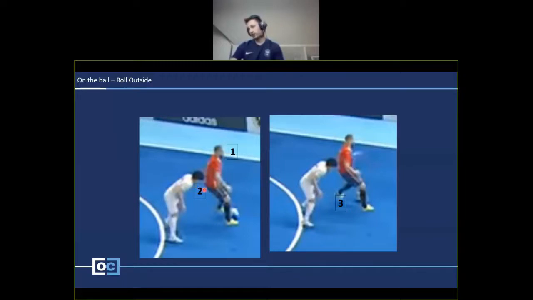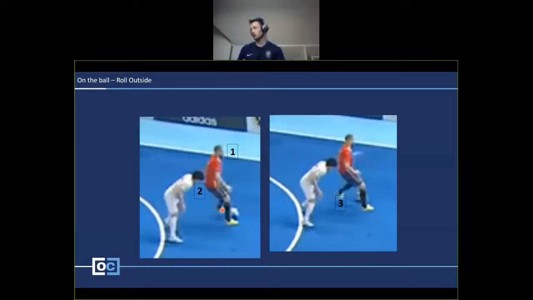Again, he's got the defender sort of guessing. He can see the ball a bit more clearly now, but the ball is further away. He's got the player and a leg, essentially two legs, between the ball and the defender. So the defender can't really hook around and get it. Could question the defender's position here. Could he be defending this a bit differently?